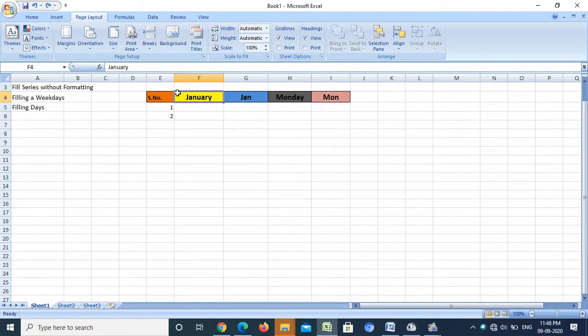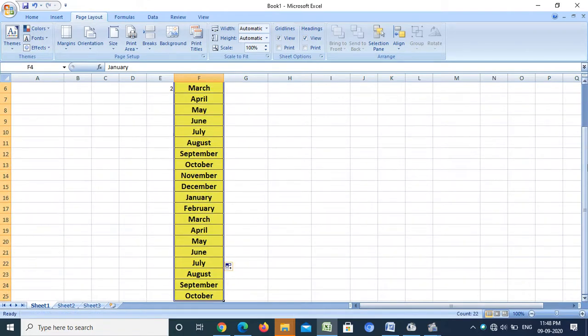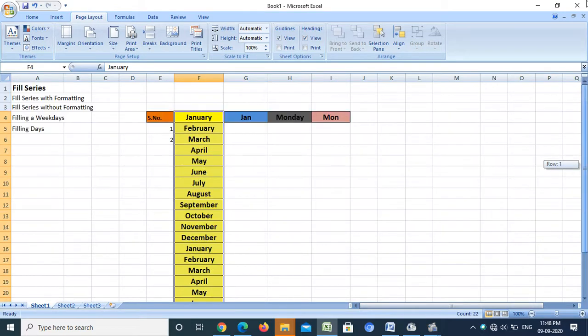After that, on the bottom right corner, when this plus sign appears, I have to drag it in a downward direction. Now see what happened. It filled the series with the months of the year. Also it filled the series with formatting. That means it copied the format also.